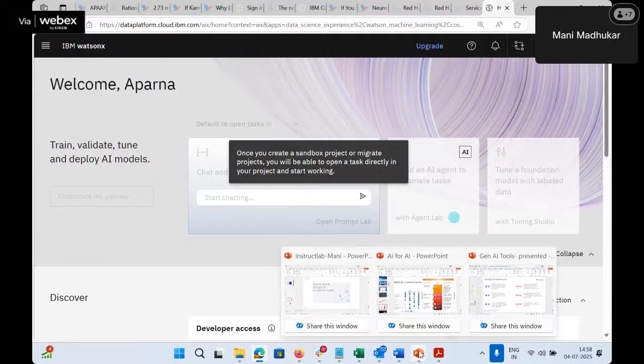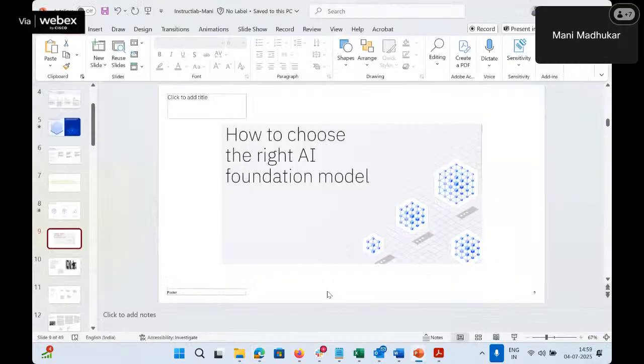Let's go back to the conversation which drove us here. So we were basically trying to talk about choosing the right foundation model, right? Now,